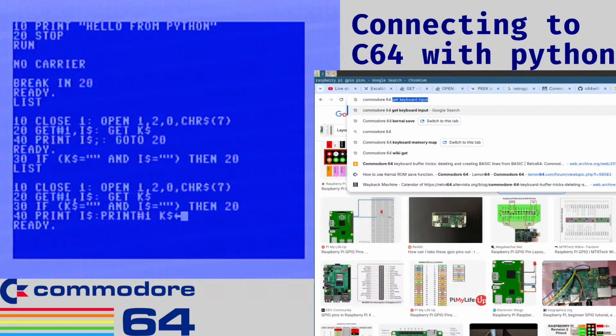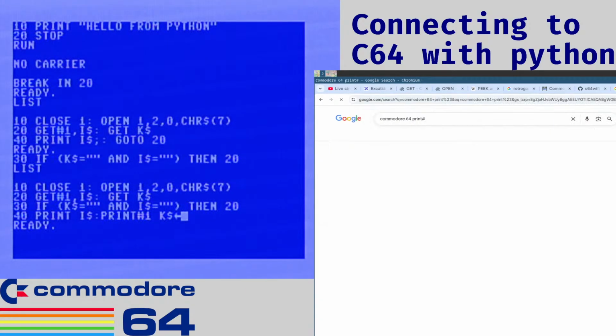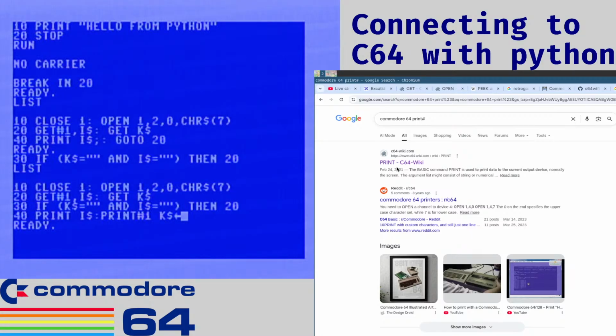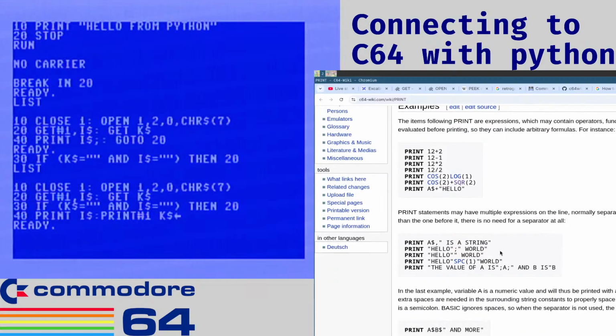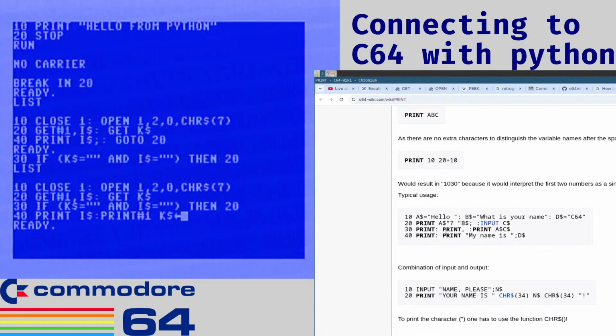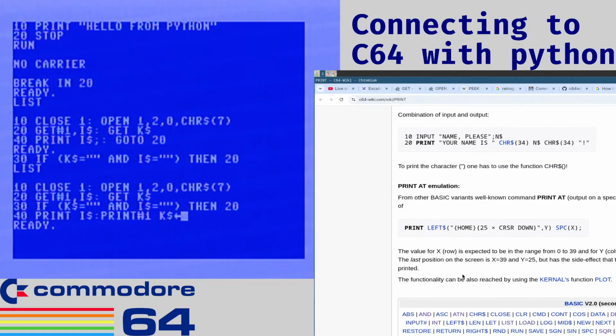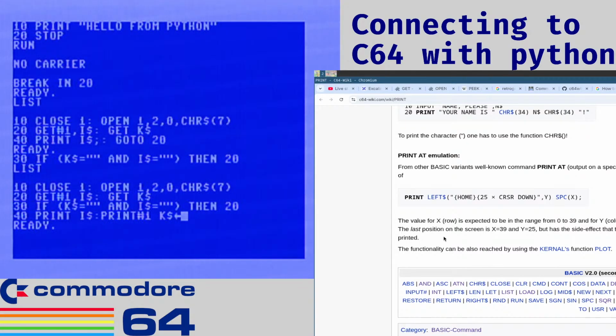Commodore 64 print #: print data to the current output device. Current output device. Yeah, and I think we can print elsewhere, can't we? Yep. Print at emulation, print at